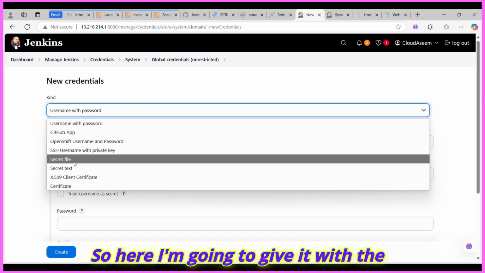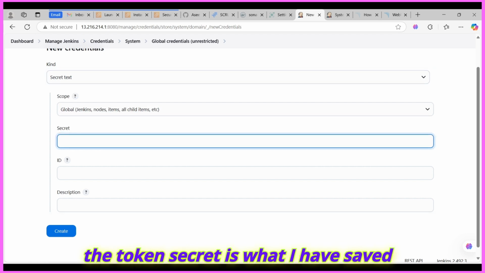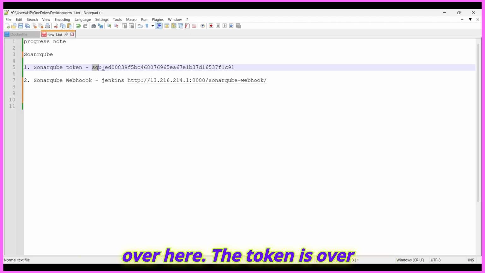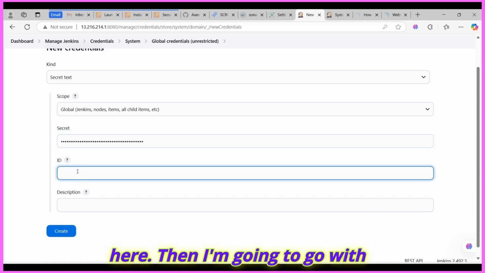So here I'm going to give it with a secret test because I have a token. The token secret is what I have saved over here. The token is over here. Let me save this token into the Jenkins. Let me give it over here. Then I'm going to go with